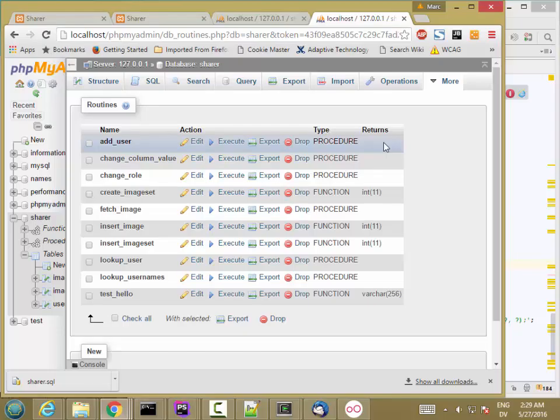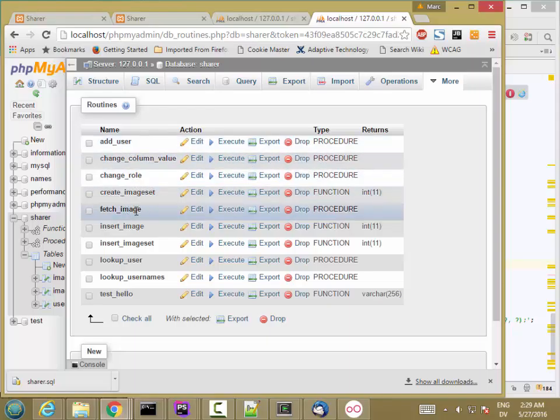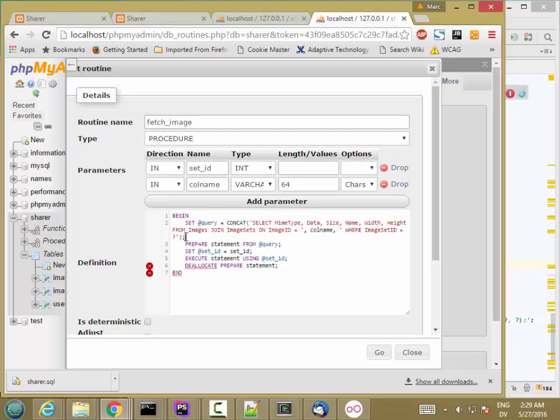So we do have one problem with some of our stored procedures, specifically change column value and fetch image, where we're using concat to create a query. I'm going to look at fetch image to start, and you'll see that it's taking the value that was passed in as call name and concatenating it into this long query. It's creating a big piece of text with this embedded in it. And the problem is that this leaves us vulnerable to SQL injection